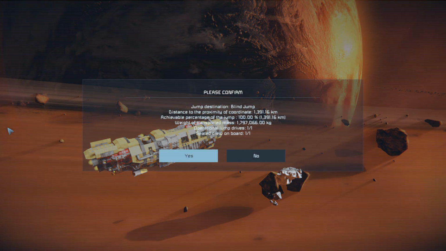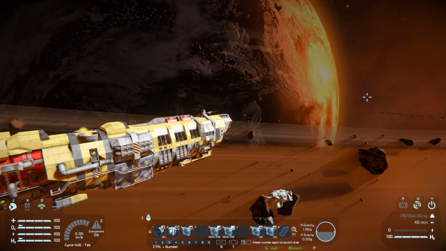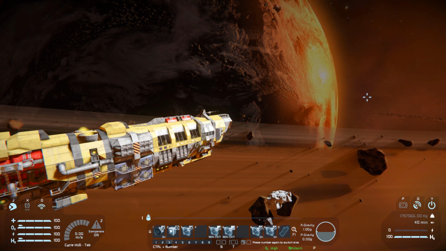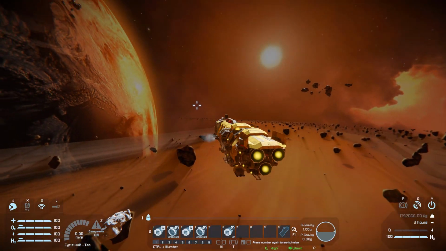And number 3 is going to be for our jump drive, where we can jump 1,391.16 kilometers, which is okay for this size of ship. Number 5 and number 6 being for our range, and with number 8 and number 9 being for it to recharge on and off. On tab number 4 we then got our beacons and antenna on and off. On tab number 5 we got nothing else,